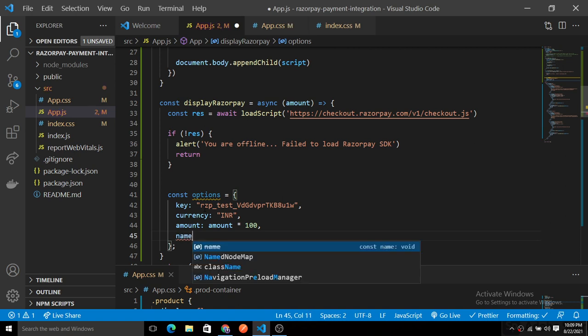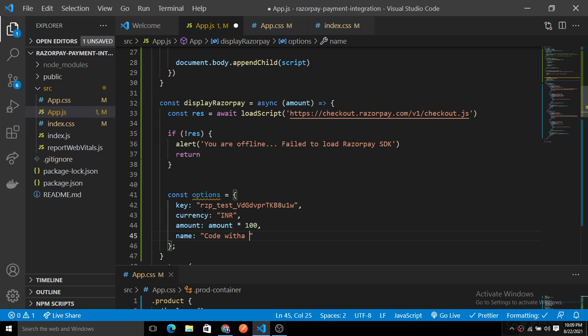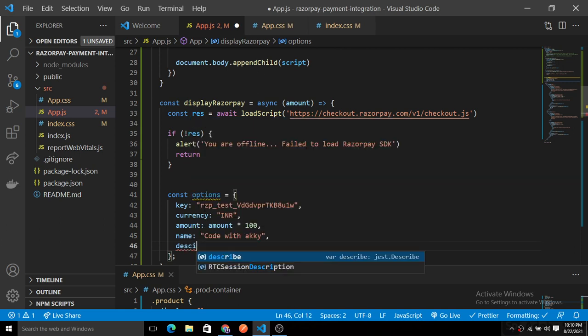And then you just need to provide the name, whether you provide it or not. It will basically show in the popup. You just need a name. Here you can add any description for that, so you can add a description also. The description could be "thanks for purchasing", or anything like that.